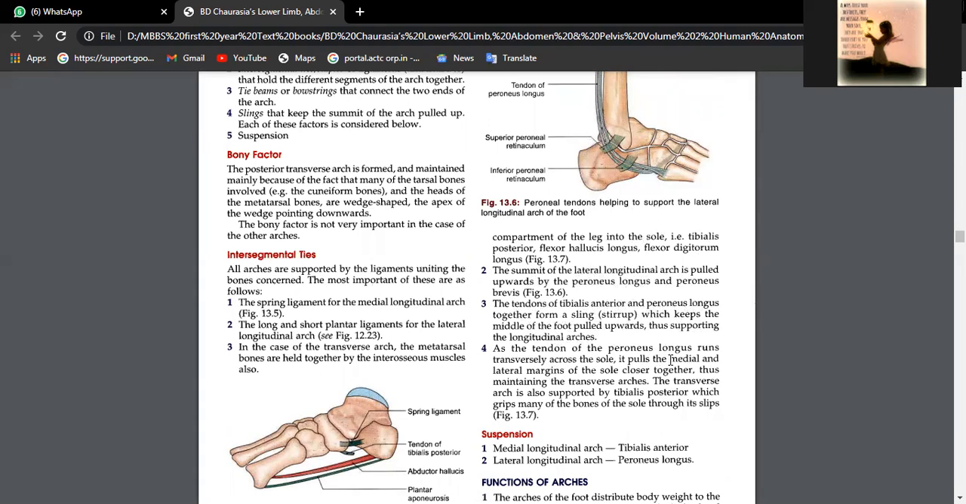Then the tendon of peroneus longus, if you remember, travels quite a long distance to get inserted at the base of the great toe, isn't it? So that's how it maintains the transverse arch. So that's all. So suspension, the main suspend